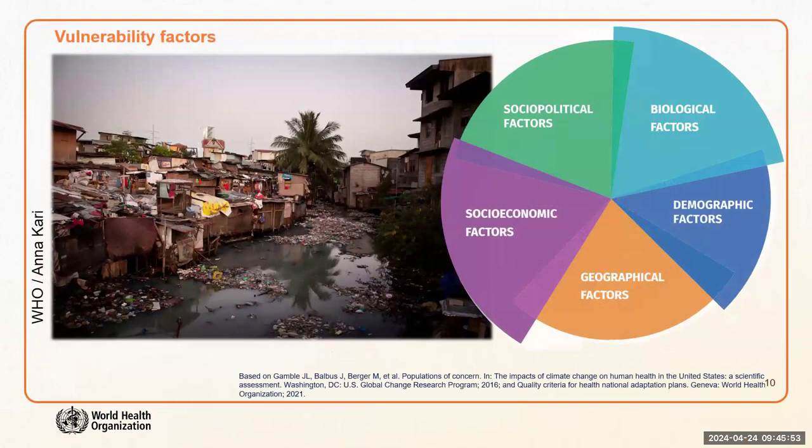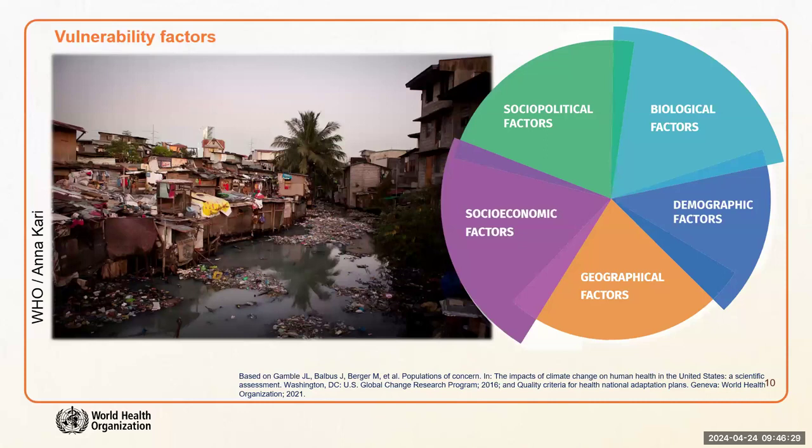So this is a little bit difficult to understand 100%, but unfortunately, this is what we mean by vulnerability and vulnerability factors. And there's a reason why we have this picture there, because it would help us to understand, in a very extreme case, what we mean by vulnerability factors and how vulnerability factors overlap. It's not that people will suffer one or two, but sometimes they suffer from all of them.